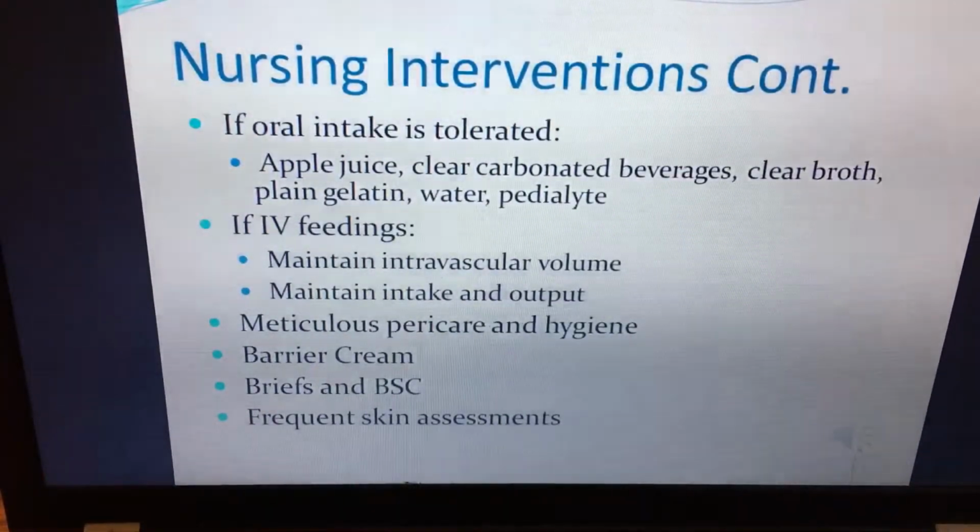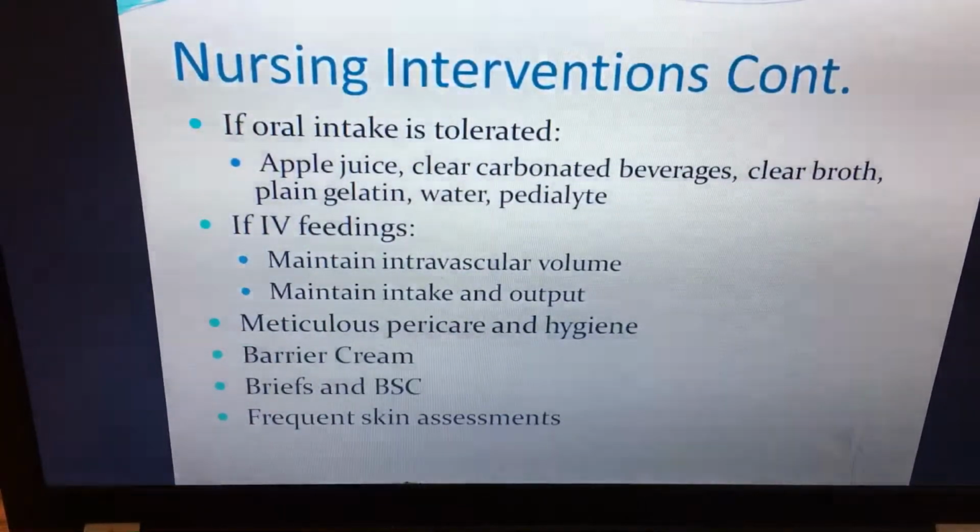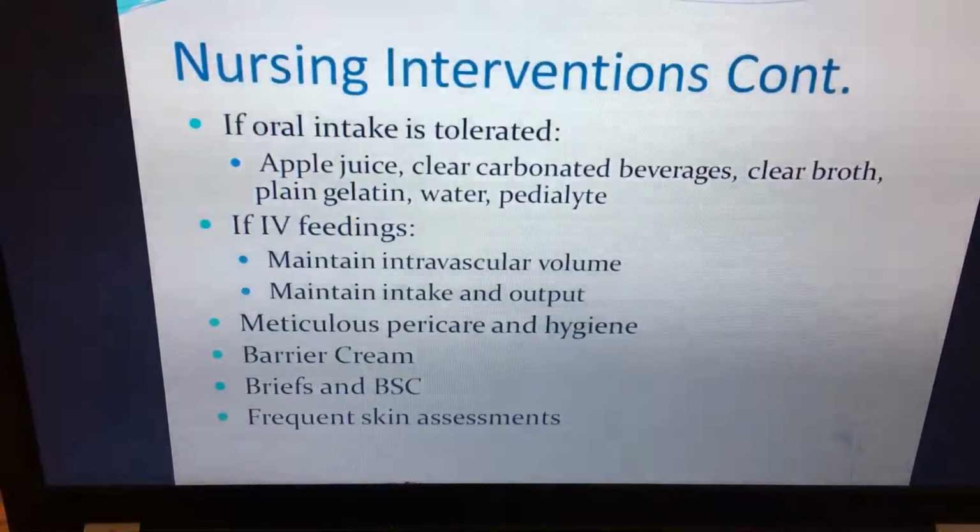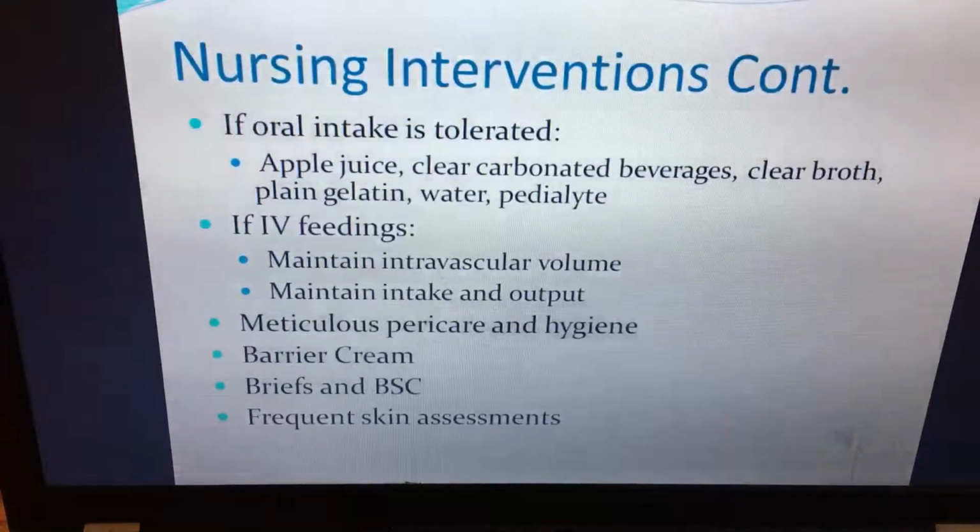If they can tolerate anything oral, you're going to start them out on clear liquids like apple juice, clear carbonated beverages, clear broth, plain gelatin, water, and especially Pedialyte. As far as the apple juice goes, I'm not really sure about that, but that is something the book suggested,